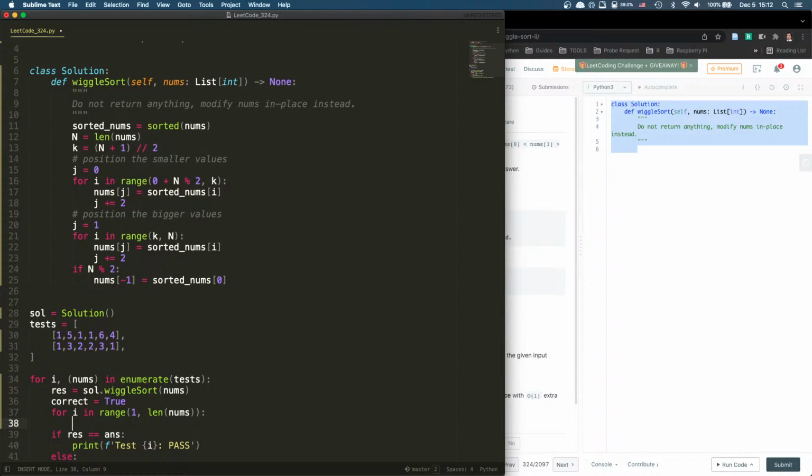Say if i is at an odd position, the odd position will always be bigger, right? So if this, and nums i is larger than nums i minus 1,